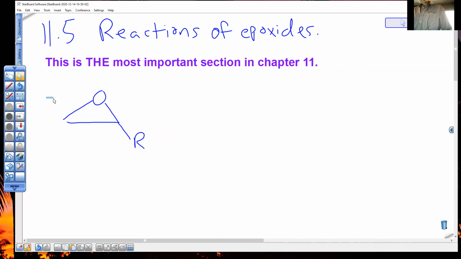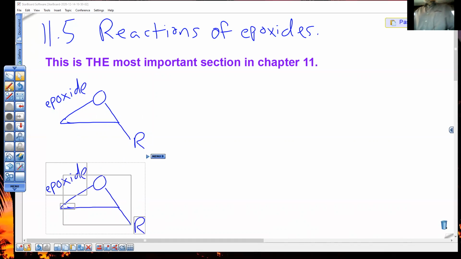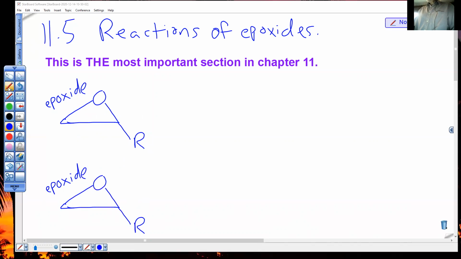How do you know it's an epoxide? It's got an ether inside of a triangle. If I was a better artist, you'd see the triangle right there. Yeah, it's good. And if we use the strong nucleophile approach,